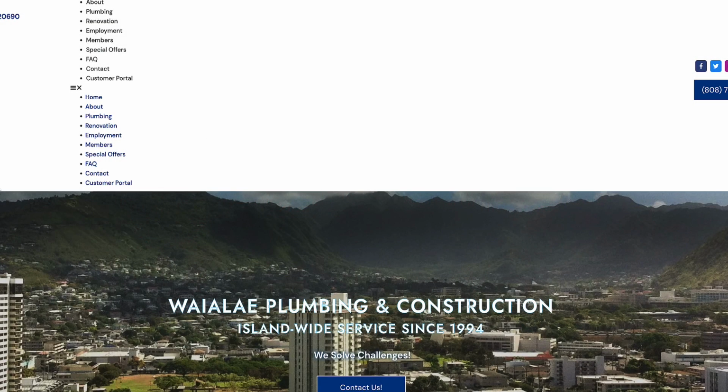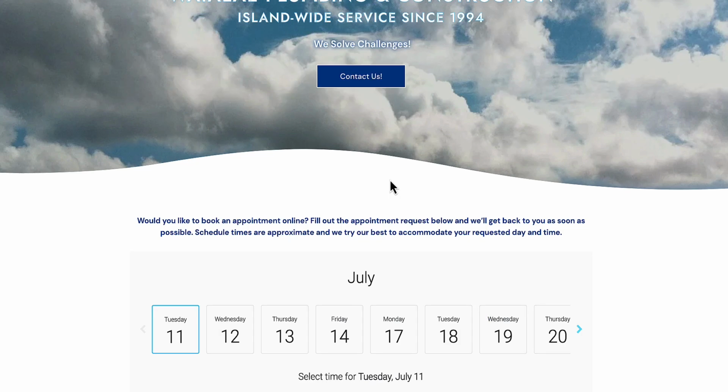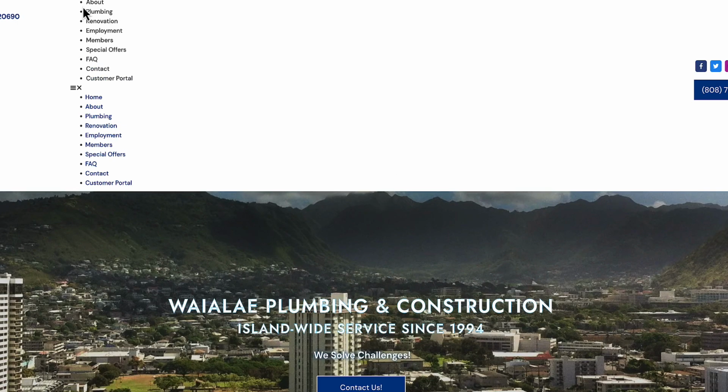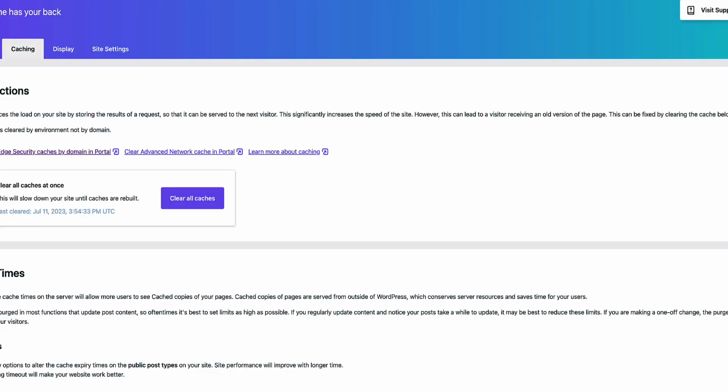Okay, when we launch the website, sometimes the DNS or whatever happens in WPEngine will actually mess with this. So you'll see the menu is actually messed up on this website. Everything else looks great, but the menu for whatever reason is like this. What you do to fix this is you go to Elementor, Settings,